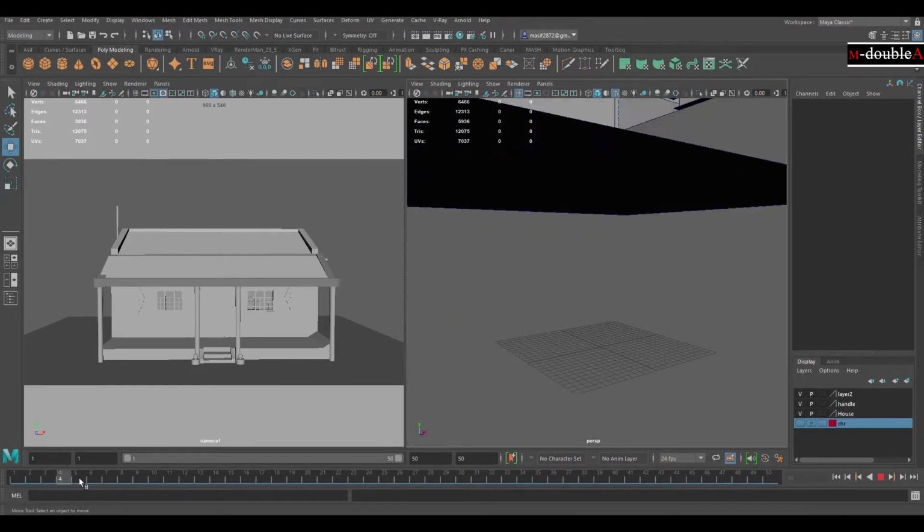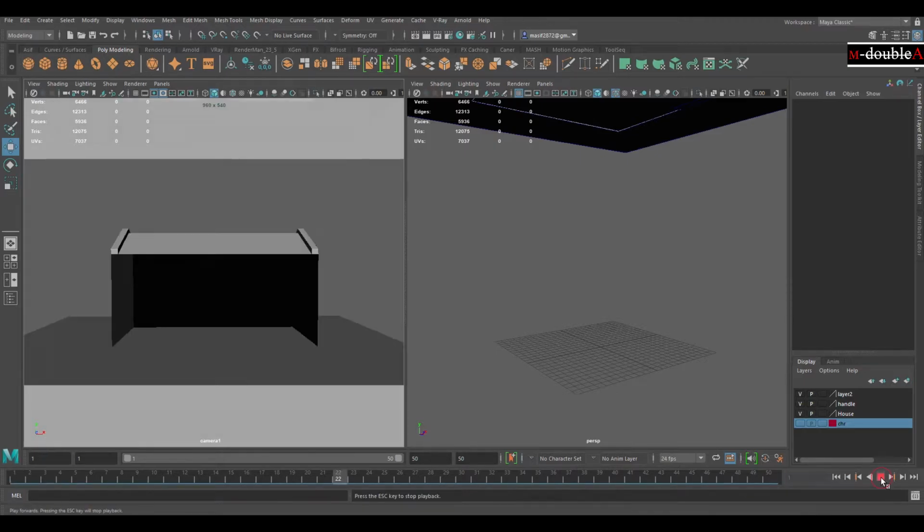You can see we just animated all this and now we show the animation output.